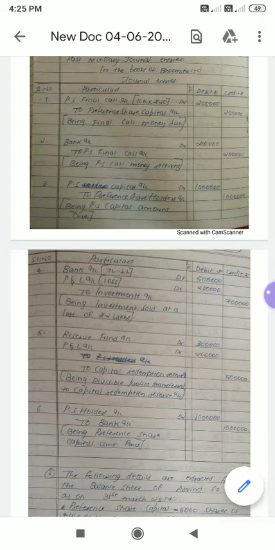And loss of how much? 2 lakh. If you add, you will get 7 lakh. The same investment account should be credited. Bank account debit 5 lakh, P&L account 2 lakh, to investment account 7 lakh. So we will get 7 lakh, being investment sold at a loss of 2 lakh.